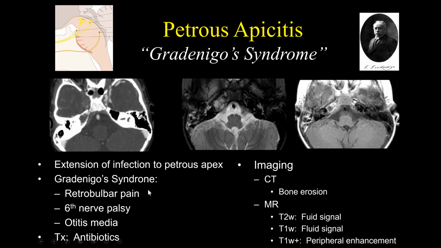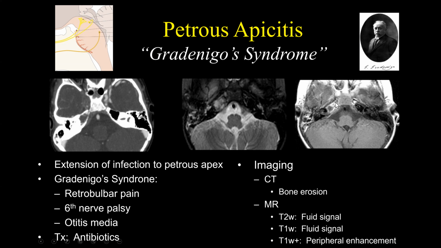And remember, back then, they didn't have the aid of MR and CT. So if a patient had otitis media, 6th nerve palsy, and retrobulbar pain, this is what was referred to as Gradenigo syndrome. And the reason why these patients ended up having a 6th nerve palsy is because the 6th cranial nerve exits the pons at the pontomedullary junction. It then extends anteriorly in the prepontine cistern and then extends to a small little canal right here, which is